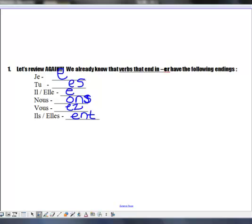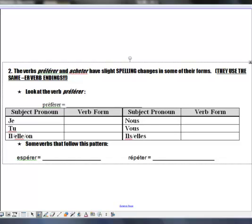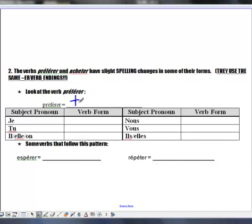Okay, so let's take a look at some verbs that are slightly different. The verbs préférer and acheter have slight spelling changes in some of their forms. They still use the same ER verb endings, but it's their stems that have some changes. So pay attention here. Let's take a look at the verb préférer. Préférer means to prefer. It's a cognate. It looks like it. But what happens with préférer is that in the infinitive, you can see there's two accents